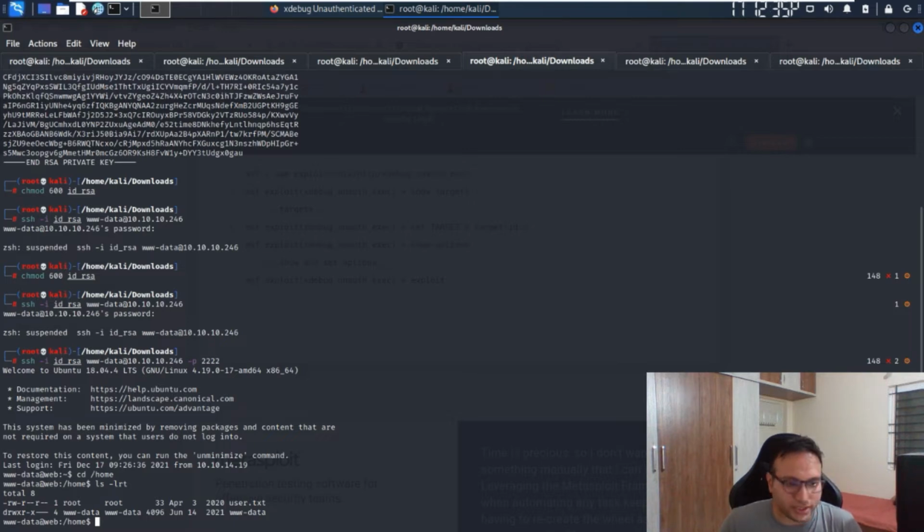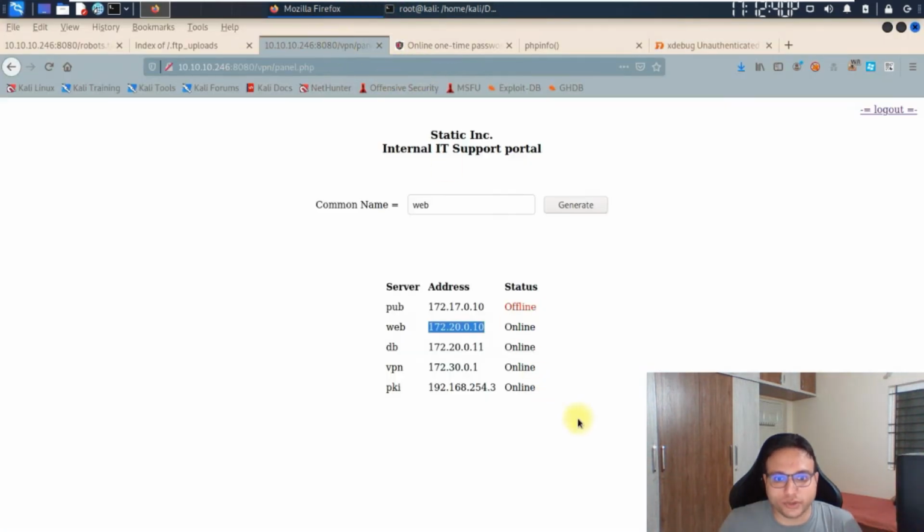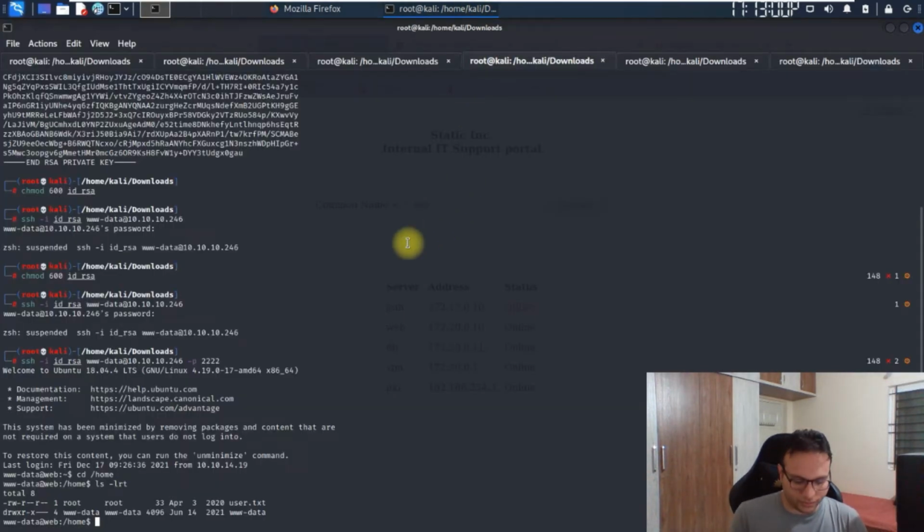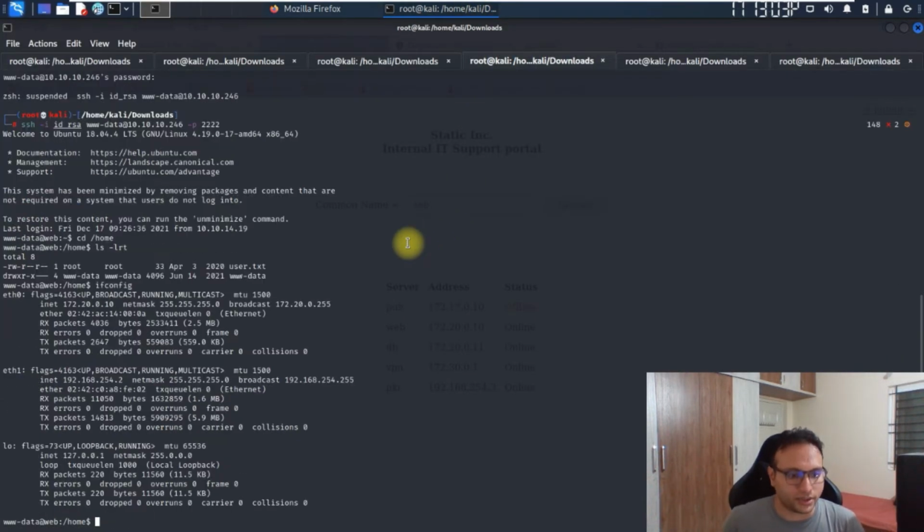To do the privilege escalation, we'll have to go to the portal once again and see what other sections are present over here. I can see these are the sections, but unfortunately there is only one IP address which looks like a different pool network, that is 192.168.254.3. Okay, that looks different. Let me check the IP address of this. Is any other network card also connected? Yeah, this is a different NIC card also connected with this, by which we can reach that one.